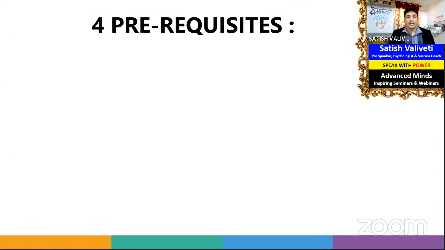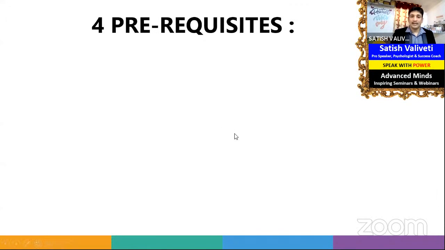Okay, good, friends. Let me first quickly give you a bird's eye view of this entire public speaking program. There are three major things we need to learn and master. The first one is the 4 prerequisites, which we already covered, called TALK. Even before we do public speaking, there are 4 things we need to get clarity on: the topic, the audience, the leading objective, and K stands for the key message you want to deliver to them. That's the first area you need to learn and master even before you become a public speaker.